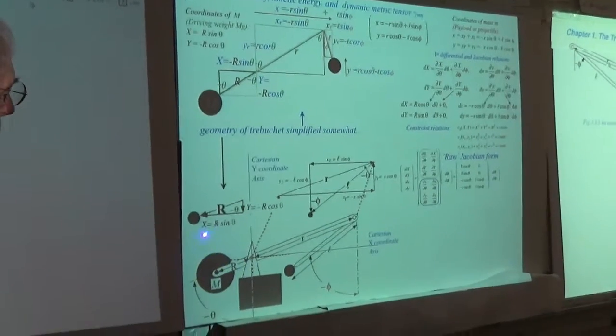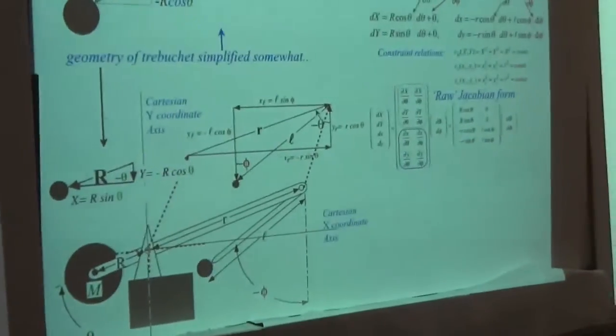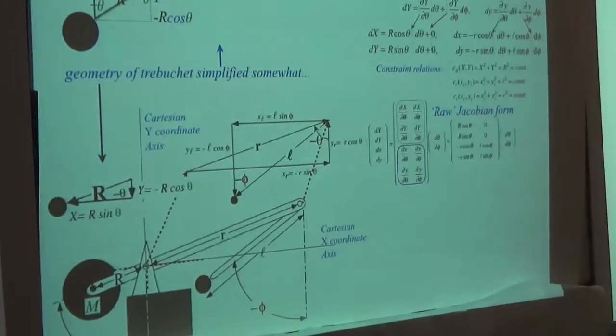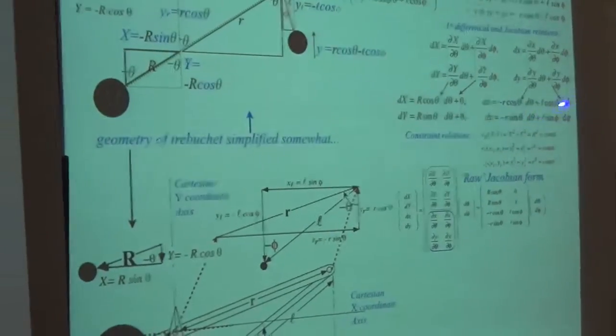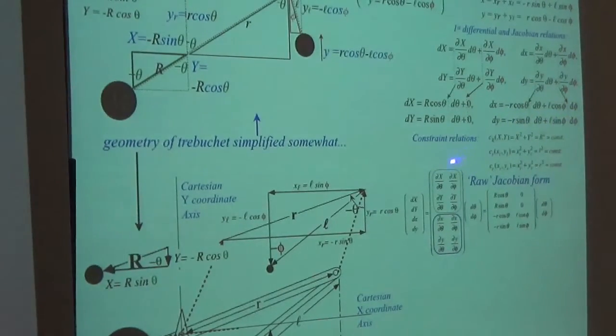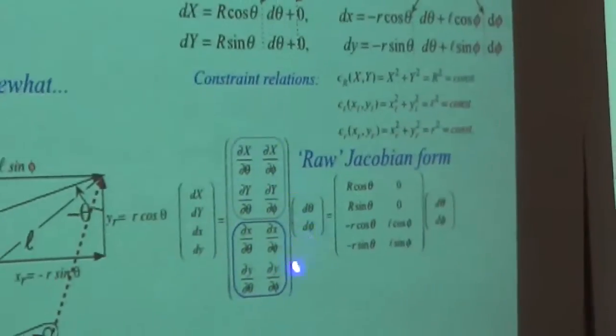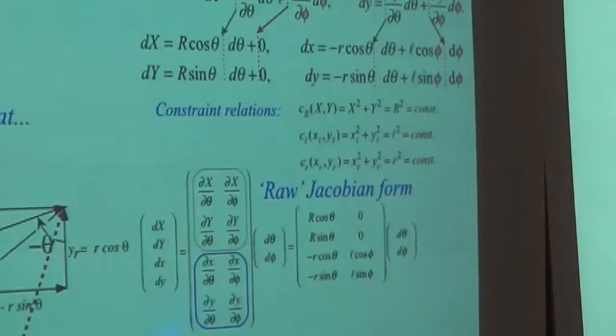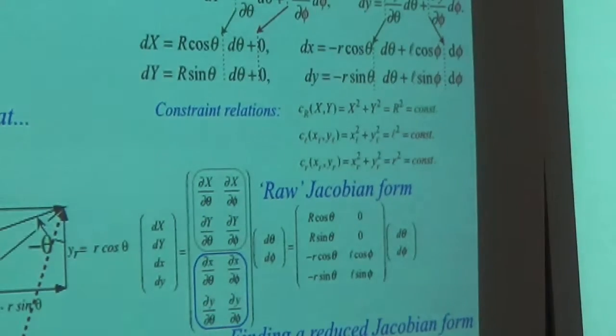Now, at this point, we have to ask, what's going to be the Jacobian? Because we've got Cartesian x and Cartesian y here, and then we've got Cartesian little x and little y over here. So we've got, in the Cartesian department, 4 variables. So we make a little chart here, and what we get is a rectangular Jacobian, not what you want. We would like to have a square Jacobian. So out of this rectangular Jacobian, we pick 4 elements,